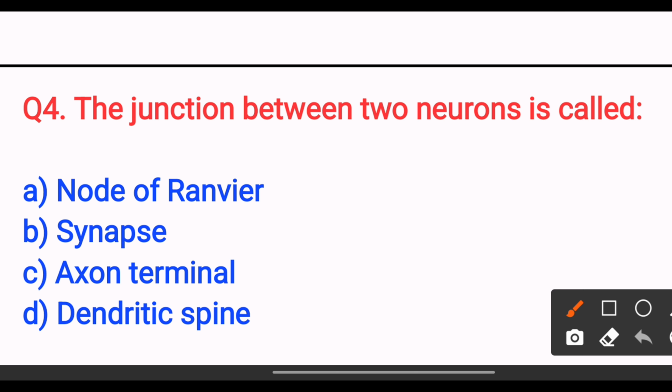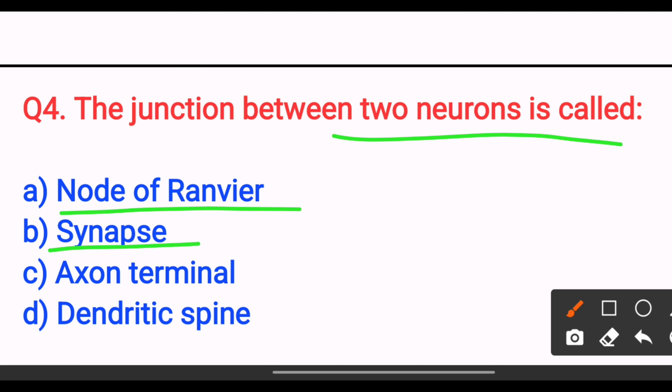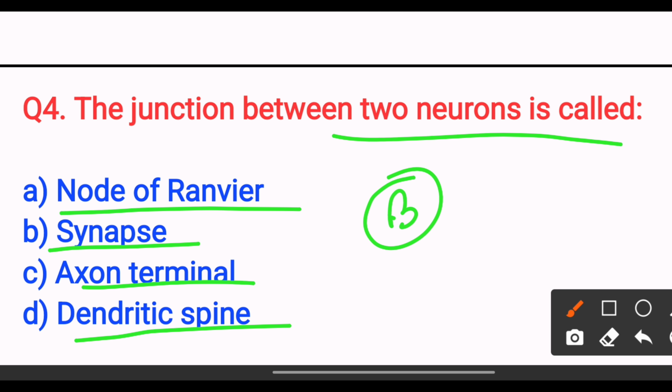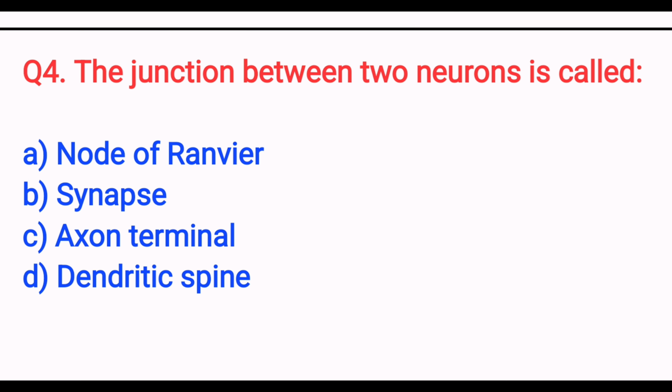the junction between two neurons is called: option A, node of Ranvier; option B, synapse; option C, axon; option D, dendritic spine. The answer is option B, synapse. The junction between two neurons is called the synapse. Next,